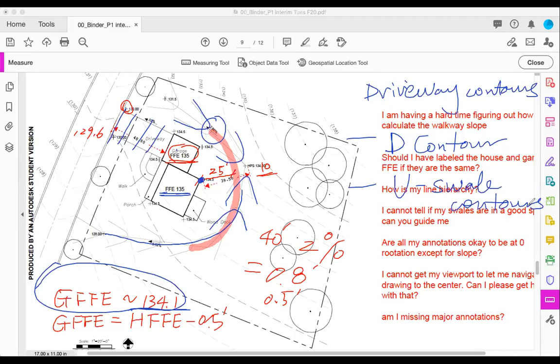Okay, so now, for instance, your first swell contour in this case would probably be 133. So that one should be connected back to there. Same thing like that. But your first contour outside of your house,